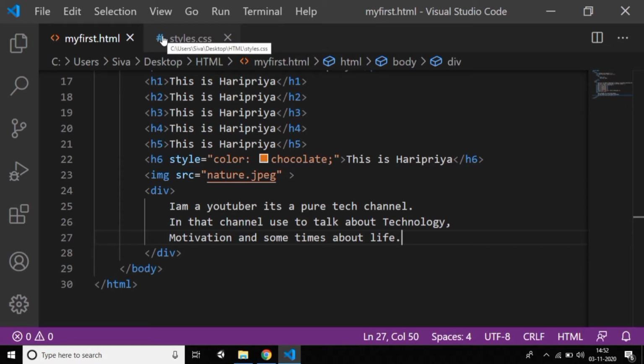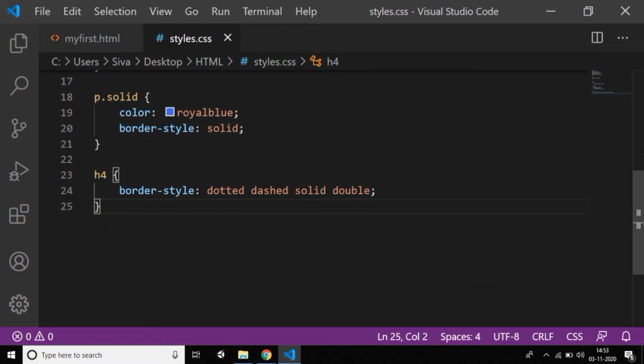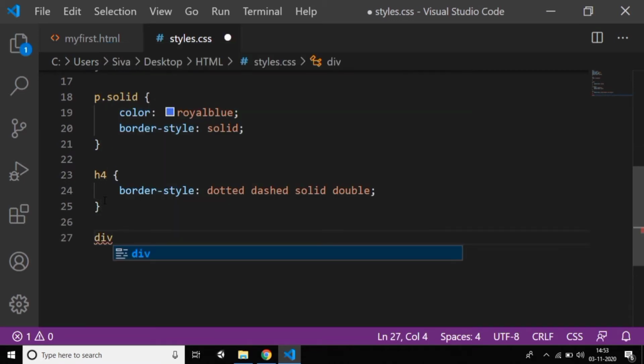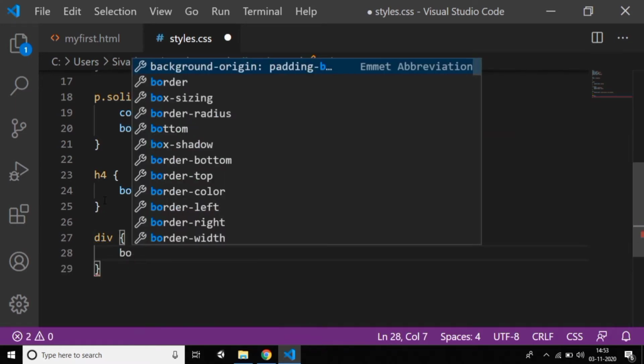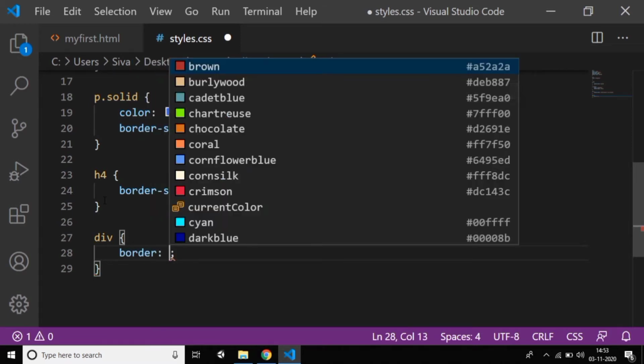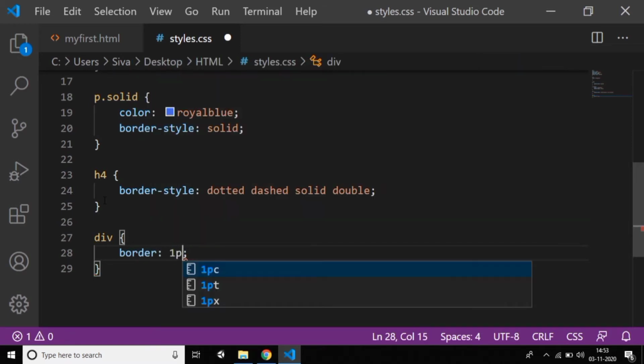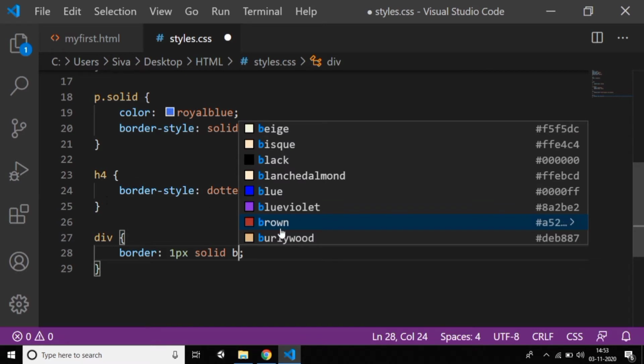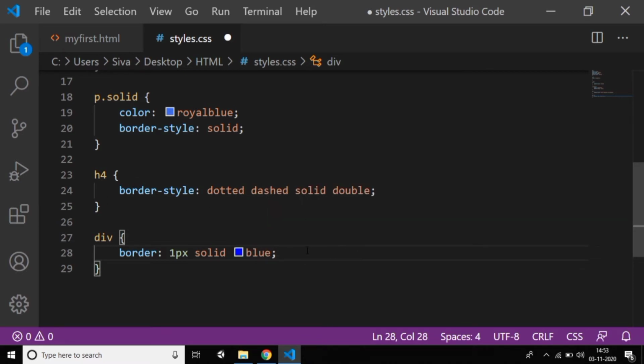Yes, it is possible. We have four properties, which were already explained. First of all, I want to target the div tag, so I write div and give the CSS code. For the div tag, first give the border. I'm giving a border of 1 pixel. I'm using only pixels in all tutorials, I'm not specifying percentages or anything. And I want a solid blue color. So solid blue.